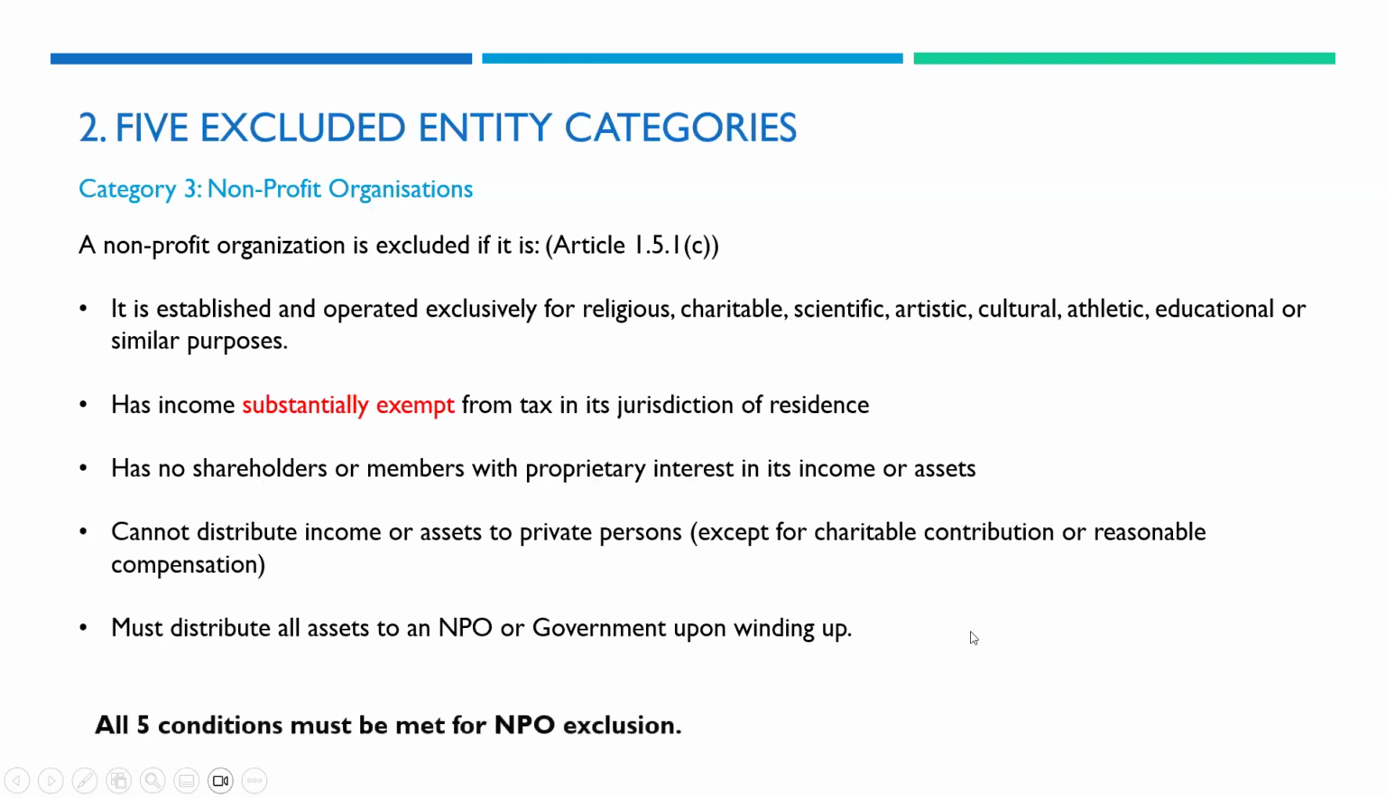So if they satisfy all these five conditions, a not-for-profit organization which is a constituent entity is also an excluded entity. So what are the five conditions? One is it should be established for religious, charitable, scientific, artistic, cultural, etc. purposes. Second, income substantially exempt. Now, what is substantially exempt? I could see that there is 100% exempt. What is substantially exempt? Say, for example, I am a